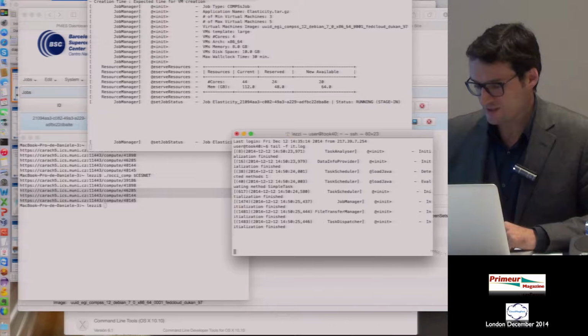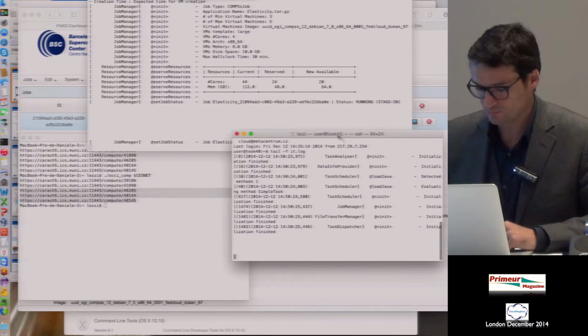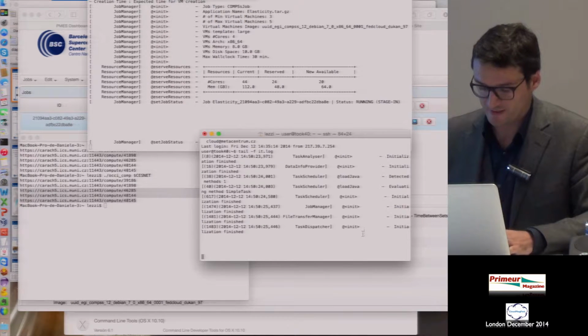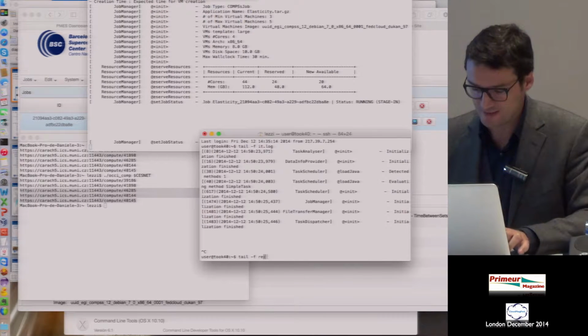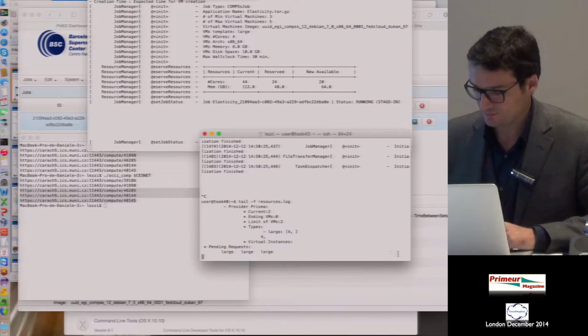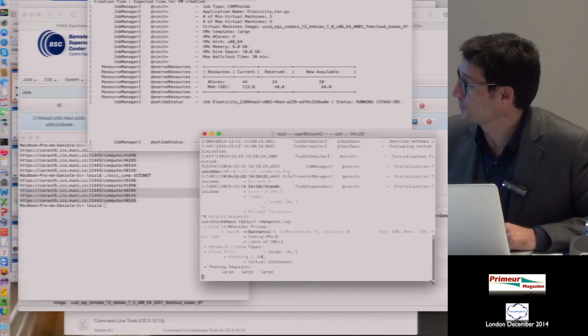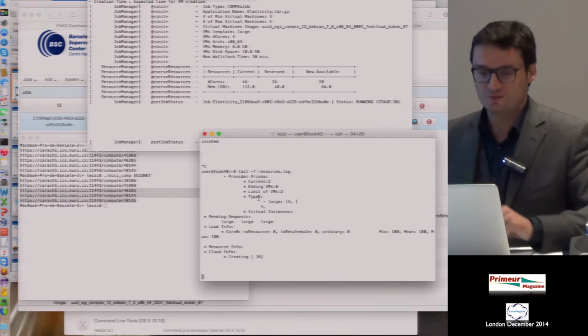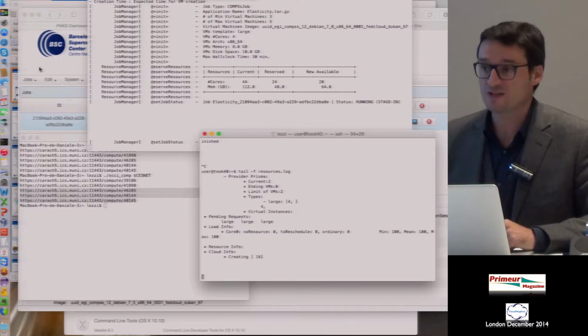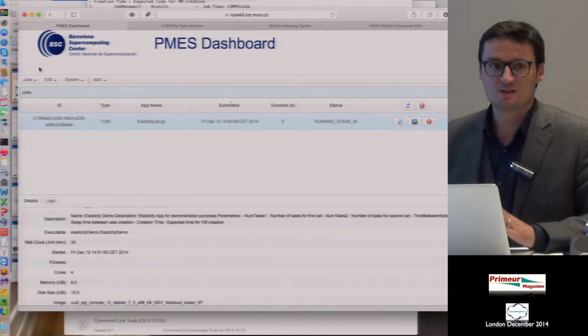Here you can see that the application started, but more relevant than this log is to see the resources asked during the computation. You can see here that there is the provider Prisma, so INFN, which has been asked to create 2 virtual machines. If you remember, I specified through the dashboard that I wanted to start with 3 virtual machines at least.